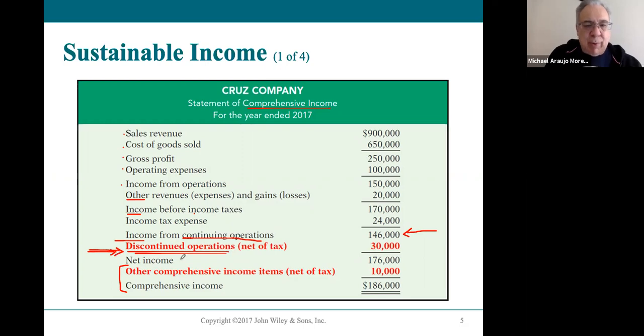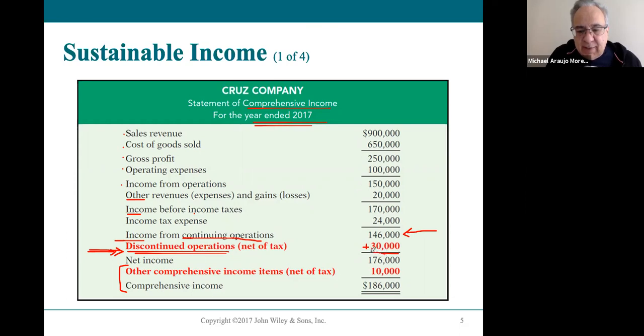That's an example of a discontinued operation. That's going to distort my profitability. I'm either going to lose money on that sale or I'm going to make money on that sale. And either way, if I lose or make it, I have to report it on my income statement. So it's going to distort my profits for that particular year or that quarter, whenever it happened. But it doesn't really show as a sustainable profitability. Well, here, this company had some type of discontinued operation that netted them an additional $30,000 of profit. So look at their profit. Their profit is shown here